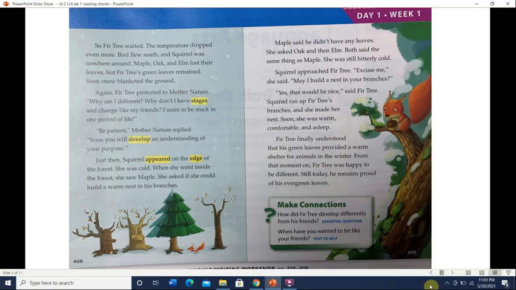Okay, so if you guys think about it, are we all the same? No, we're all different. Some of us are tall, some of us are short, some of us are very thin, some of us are light, some of us are dark. So we're different. Does that make us better than each other? No, it's okay to be different. And the same thing with the trees. Sometimes you want to be the same like your friend, but it's okay to be different. You guys, being different can make you unique or special.